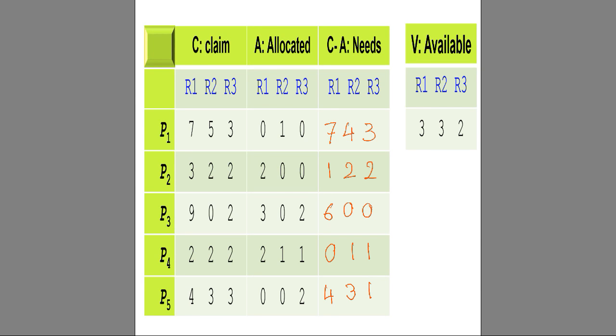So now, after computing what could be the future needs of each process, we look at what we currently have available from the resources versus what could be requested by the processes, and compare: given these available resources, can we fulfill any of the processes' future needs? We would notice that with 3, 3, 2 available, we cannot fulfill P1 because it could ask for 7 instances of R1